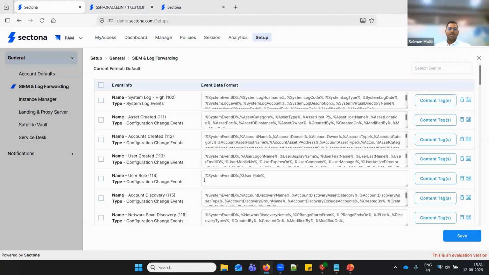So sessions which are taken with an MFA, or let's say user authentication which happens with an MFA, the MFA related details will also be passed through the SIEM and log forwarding to transfer more contextual information from the system towards your SIEM server.